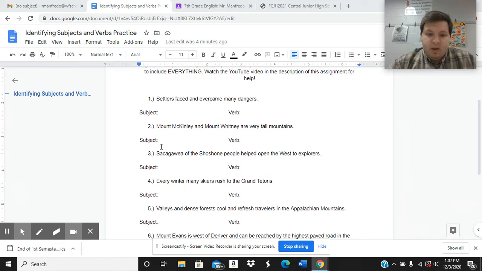So let's go ahead and do a couple of these together. Let's do number 2. Mount McKinley and Mount Whitney are very tall mountains. Our first step I would recommend is finding the verb. And this one is a real easy one. It stands out because it's a linking verb. We have are right here. And since we just found our verb, we need to determine who or what are. And so we have a compound subject right here, Mount McKinley and Mount Whitney. In this blank right here, we would write Mount McKinley, comma,